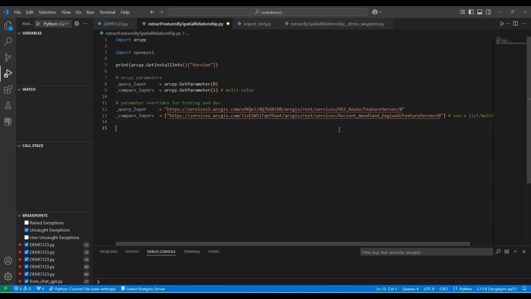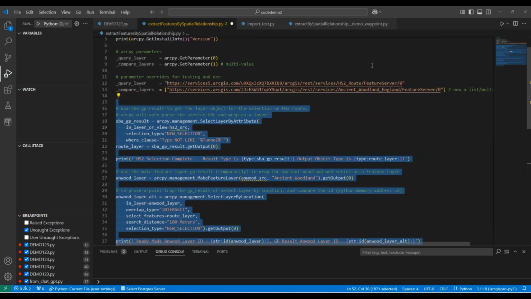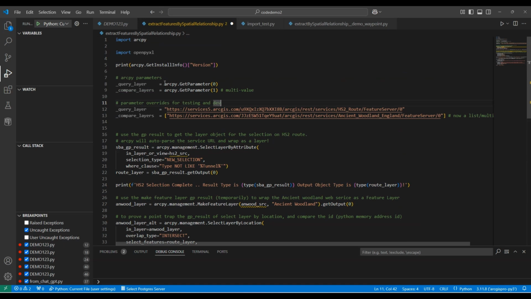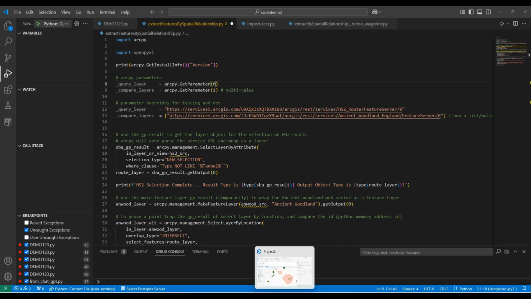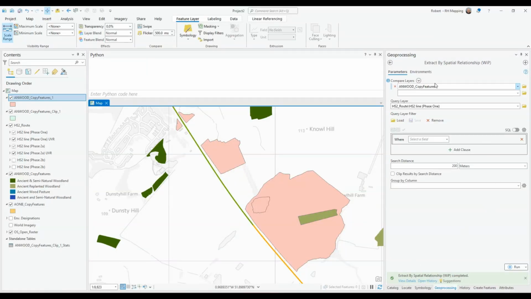And the first thing to do is I'm going to add an arcpy.getParameter statement in here to trap the parameters passed in for the tool. So what I've done here is I've said query layer equals arcpy.getParameter(0), and I've said compare layers equals getParameter(1). Okay. Now, I think the orderings might be slightly off, because this was tweaked later on in the preparation for